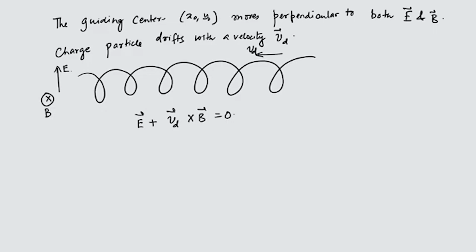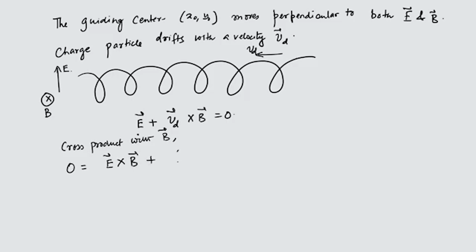Okay. And so how do we get this? We can take a cross product with B, which gives you 0 equal to E cross B